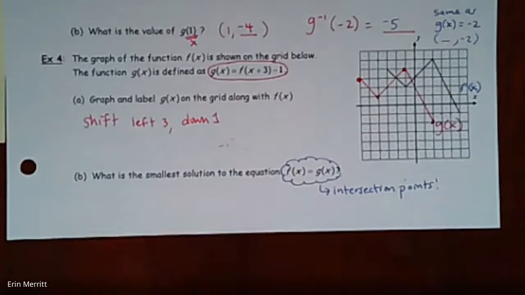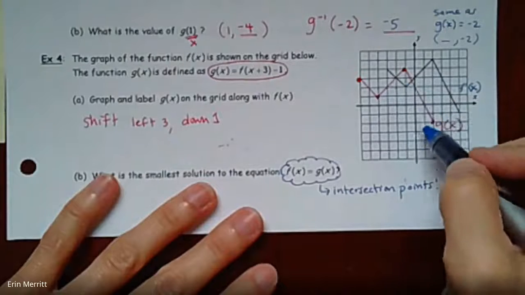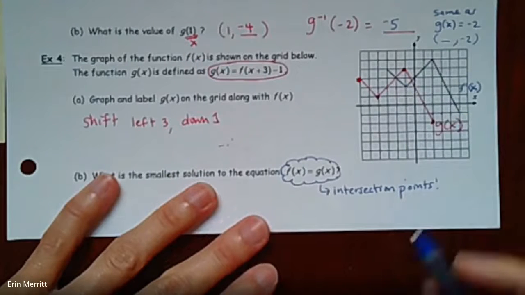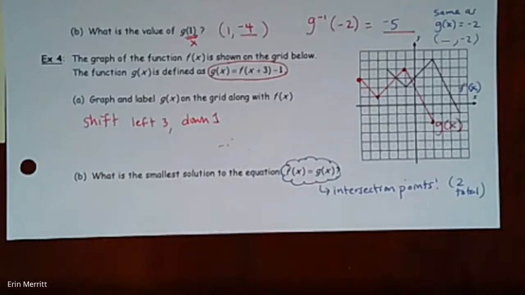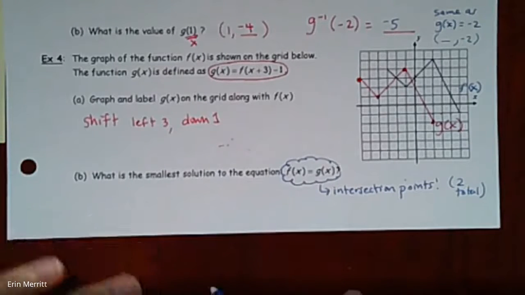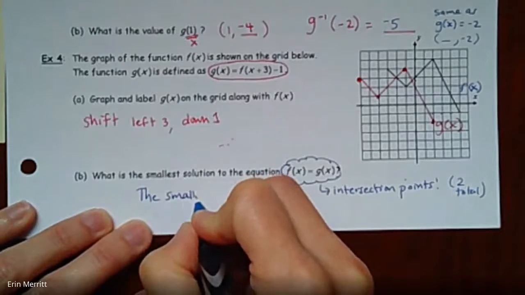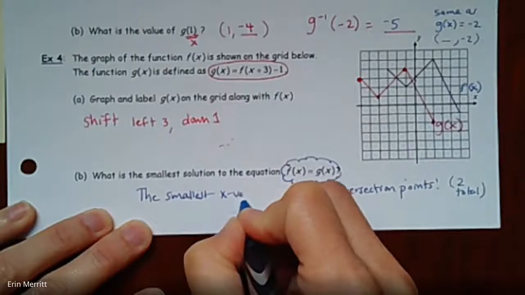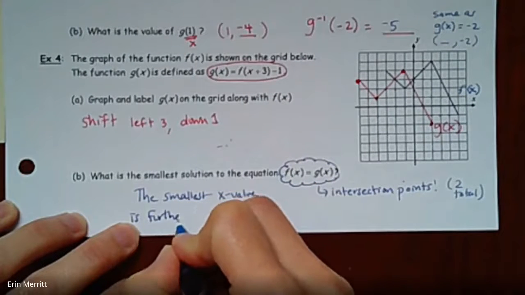So if I ask how many intersection points, take a look. The original one crosses the new function 2 times. So these 2 little spots right here. So there's 2 total, but it's asking you what's the smallest solution. So when I look at the 2 values, the smaller x value would be further to the left, right? So the smallest x value is furthest